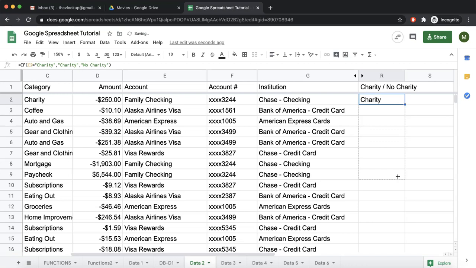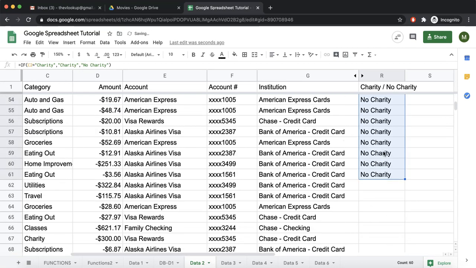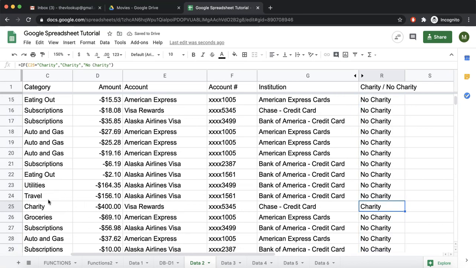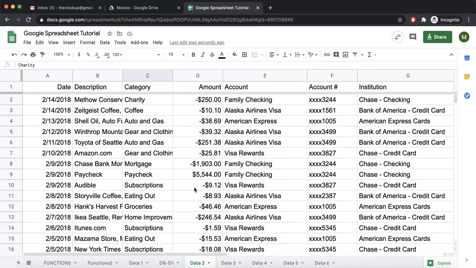And if you drag this all down, see charity, no charity, no charity. If something is charity, it will show like this one is charity, this is charity. Now, for example, if you want to find the sum of all the non-charity categories, it would have been very difficult to write SUMIF, because there is not one category that you want to sum.